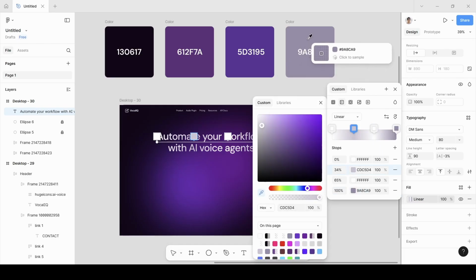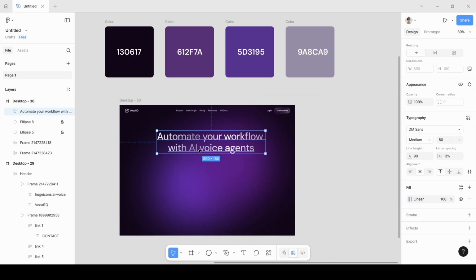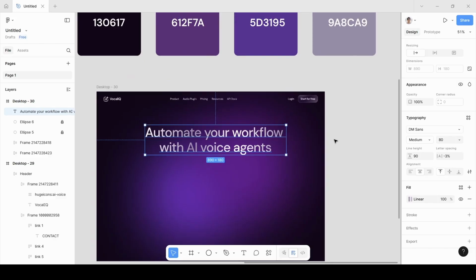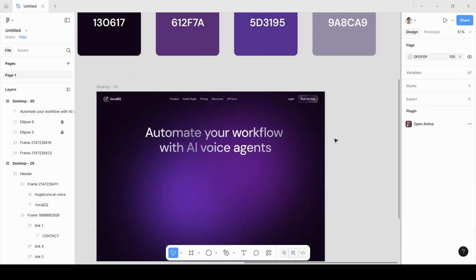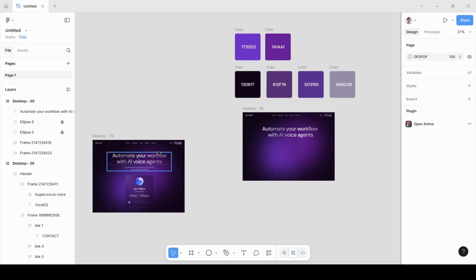So we need to give this color. The last one already has this color, so we don't need to change that one. It looks good. This linear gradient gives it some shiny texture, which is good for AI websites. Okay, next we need to create that